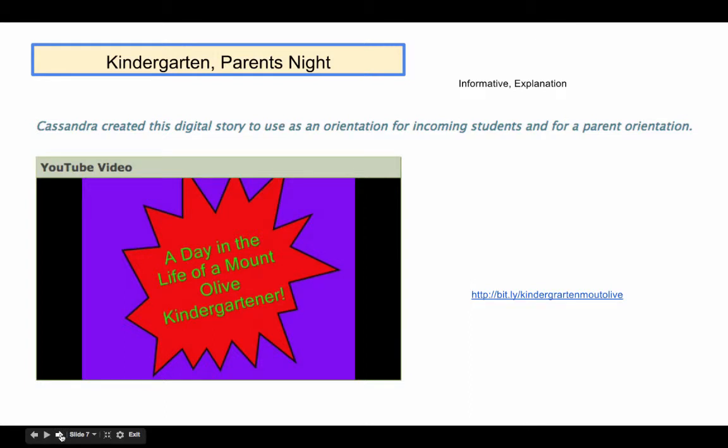In the next illustration, we have a teacher creating a digital story to use at Parents' Night. And again, this can be used by teachers at any grade level. Often, for instance, in the high school, we find that attendance at Parents' Night might drop off. So creating a digital story to review what you want to say at a Parents' Night and then having it available online or sending a link to parents might be a way to reach those parents who are not able to attend, or for the parents that want to attend and have an opportunity to review what you said at a Parents' Night. Having the digital story available is another way to archive the presentation.